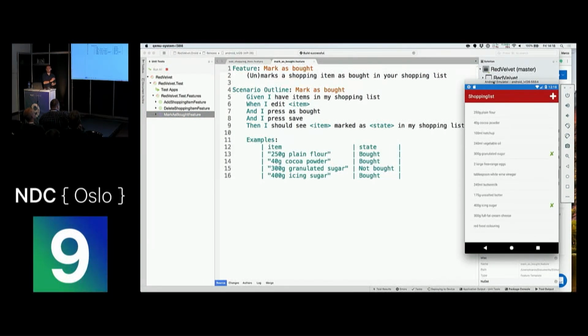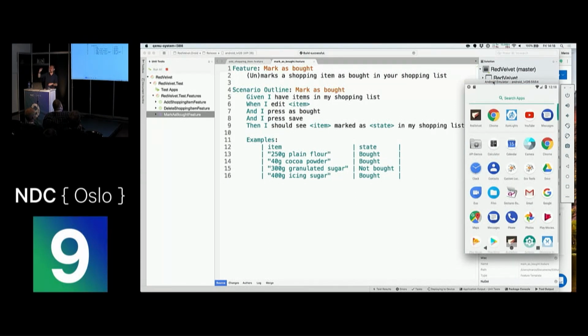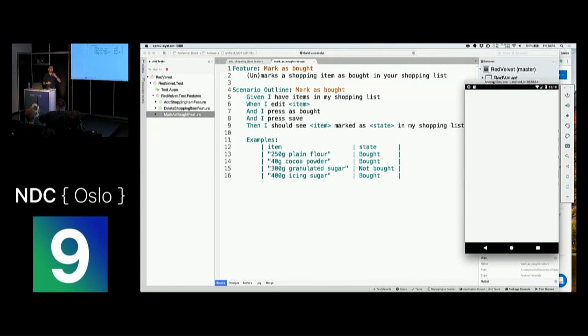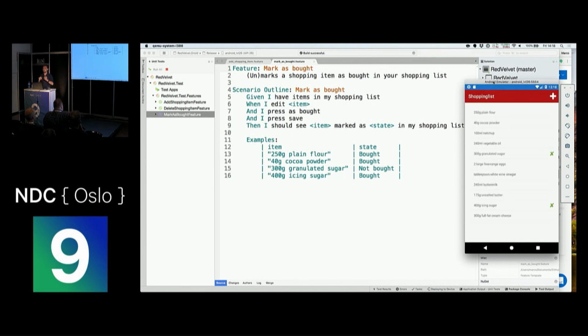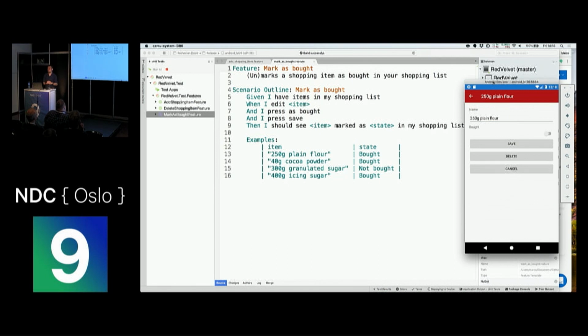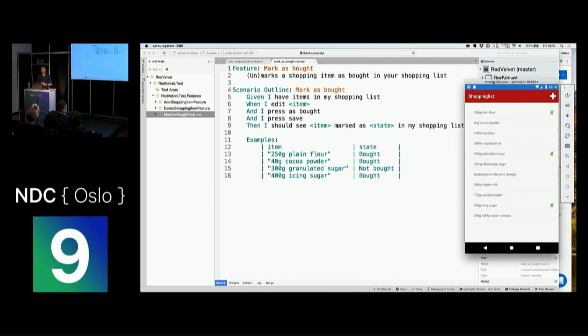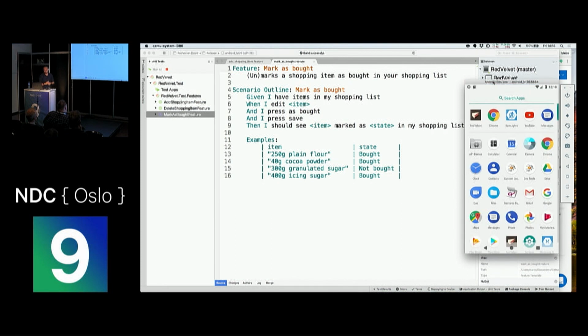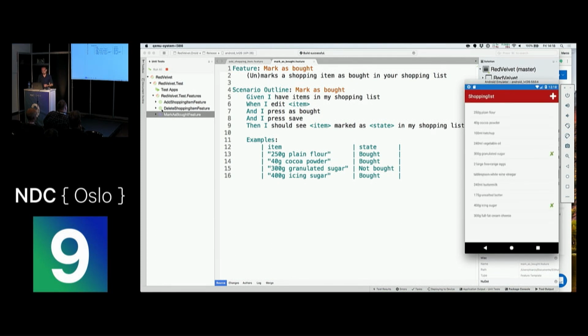For each row inside of that example file, it's going to execute the test again and again with different parameters, making sure that everything that has been written down within the feature file actually works. So what I'm going to do now is search for the plain flour, mark it as bought, save it, and check if the green check mark is over there.